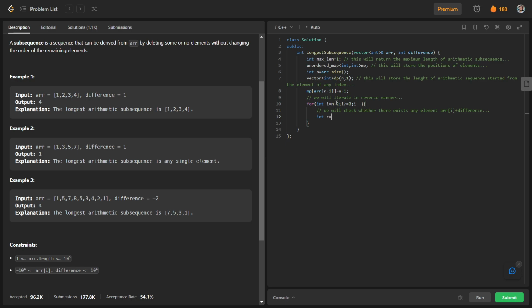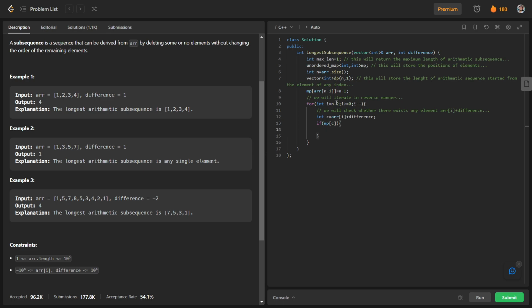For this, let us take a variable int c, which is nothing but arr of i plus difference. We will check whether there is any element c or not. So we will take this condition: if mp of c exists, this will check whether the element arr of i plus difference exists or not.